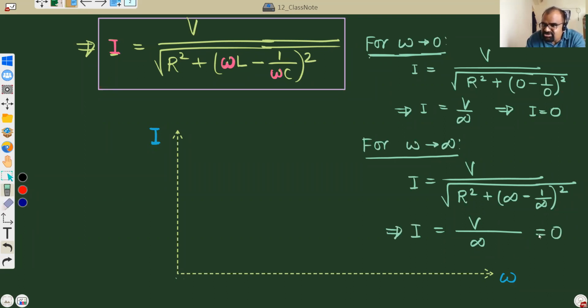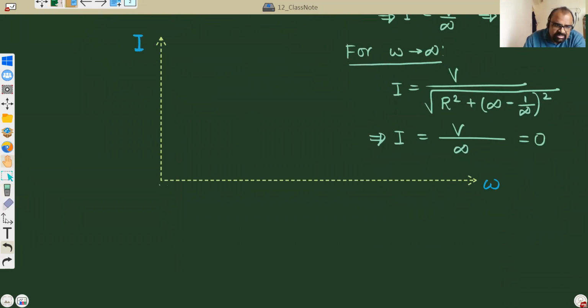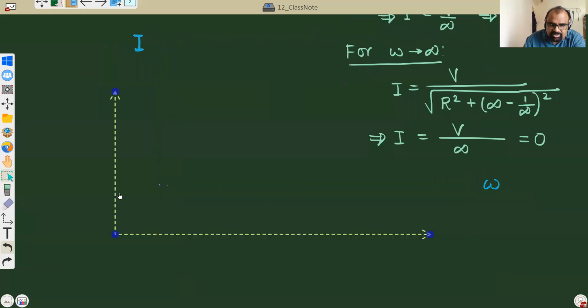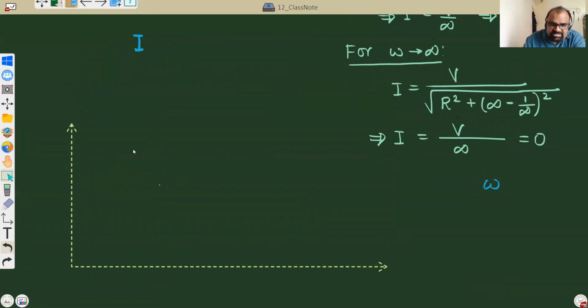So again current is 0. That means this graph